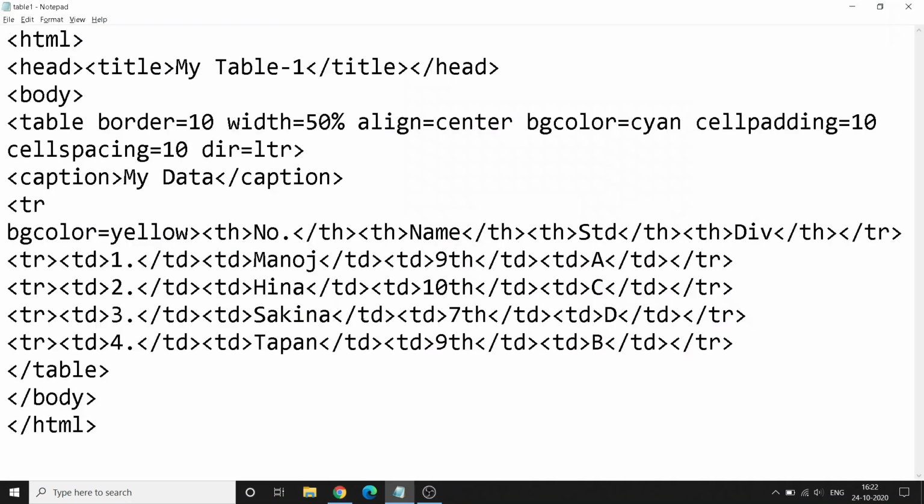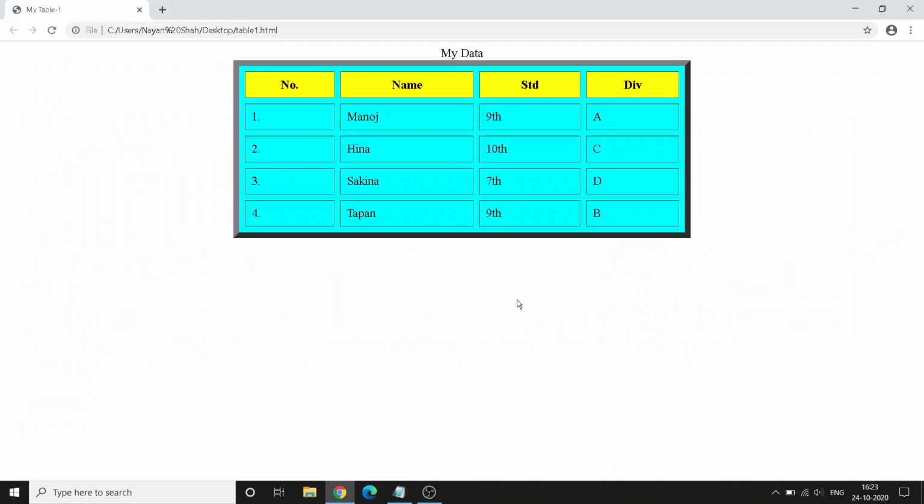So BG color can be used with row. It will override the BG color attribute of the table tag. Even you can change the BG color of a particular cell. Suppose in 9th standard here, this I want to change. I can say BG color is equal to red and that particular cell color will change.